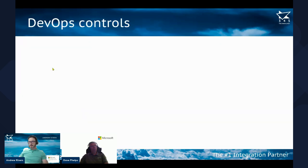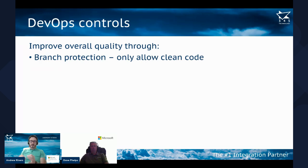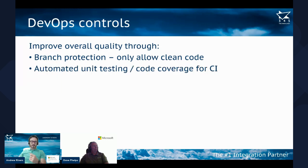The next thing we're going to look at is the controls, because we talked about DevOps improving quality, but what does that actually mean? One of the things we can do is protect our key branches, what we call the trunk branches. So your master branch, or your main branch as it's often called, and sometimes your develop branch or your release branches. You can make sure that you're only allowed to get code into those if it has passed tests and if it builds successfully. So what you can do is every time you push code to a remote branch, you can kick off